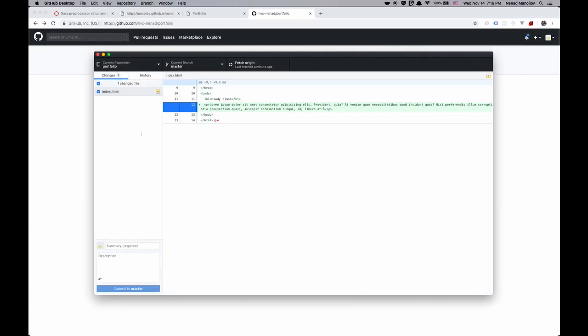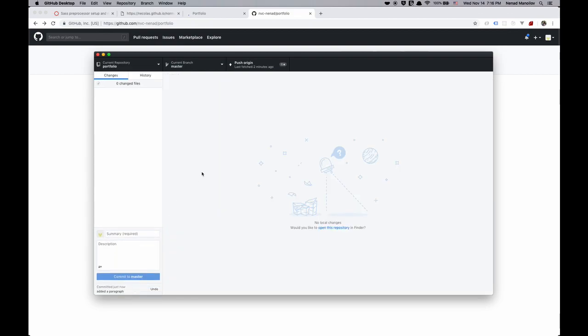I'll go back to GitHub Desktop, and you can see that it marked these new 2 lines of code, because it recognizes how my file looked previously to this change, and it's showing me the only difference that I made to this file. And now I want to commit this change. I'm going to write added a paragraph, and I'm going to commit to master. Right now I'm still on my airplane, but I saved this. I created a new snapshot of my work,